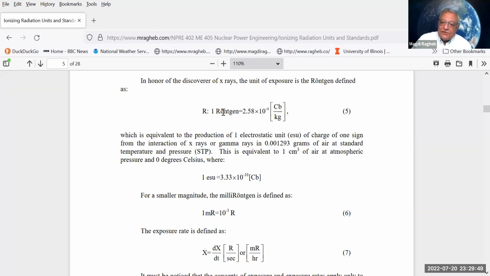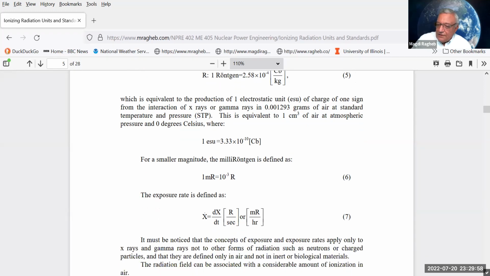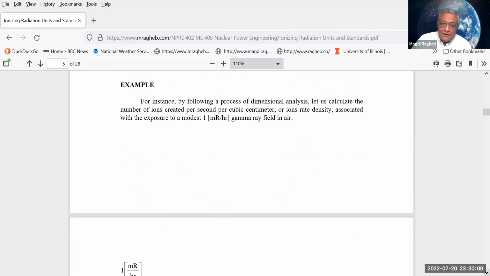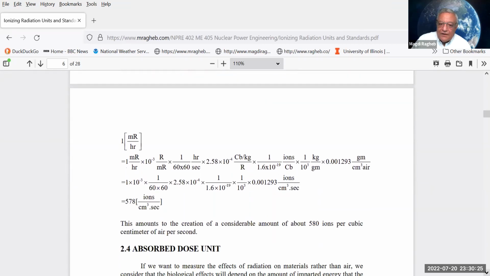Some radiation detectors would give you the measurement of the exposure in the air just directly in Rontgen, and the radiation, in fact, can cause a tremendous amount of ionization in air. So let's take an example here. If you have a detector and you're close to a source of radiation, and the detector tells you, oh, the radiation exposure or the ionization in air is 1 milliRontgen per hour from gamma rays from a source of radiation, we can calculate that. 1 milliRontgen per hour